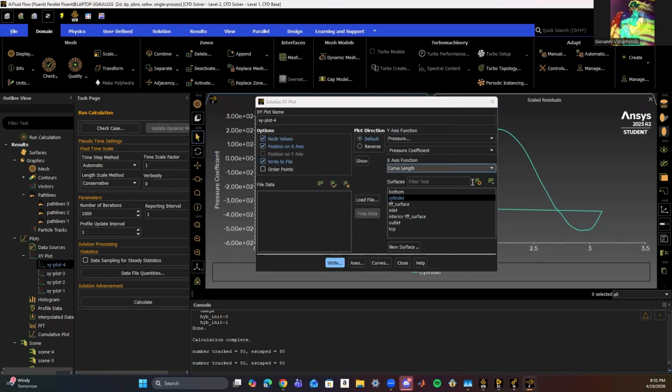Okay. And then we're going to basically do this for each flow again. But before I do that,